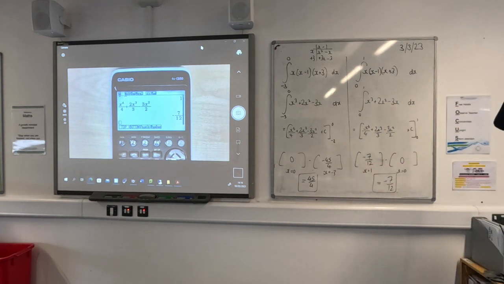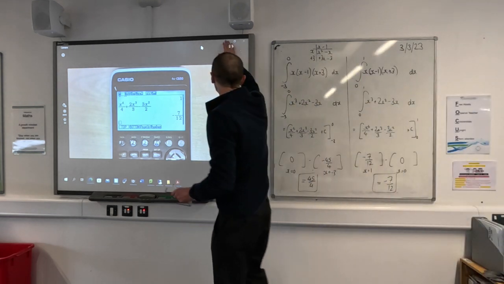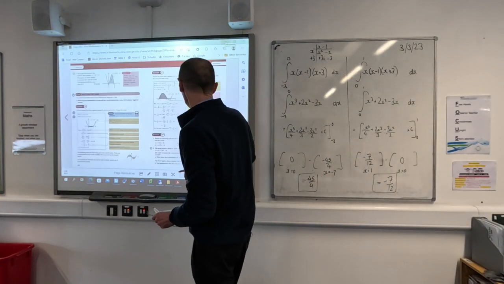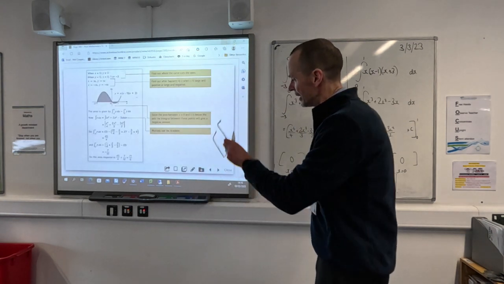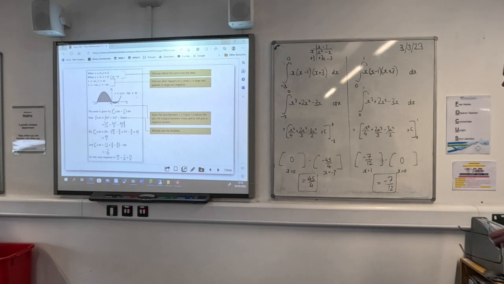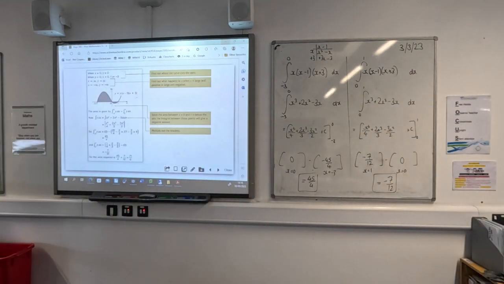45/4, that's 135/12, added to 7/12 is 142/12, hopefully. Let me check. Which is 71/6, yeah. So you've just got to be careful with these integrations, particularly ones where they haven't drawn